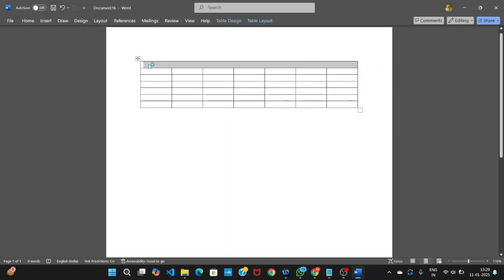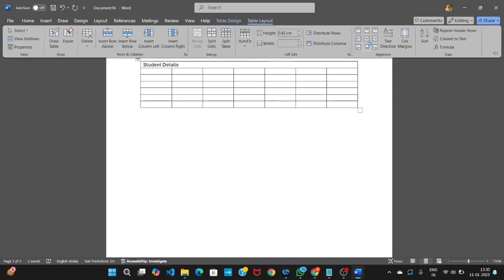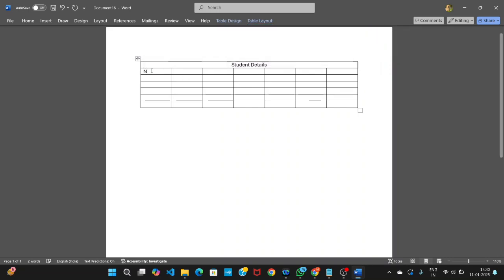So here I'll type student information or details, and after that click on Table Layout, and after that click Align Center. So here first we need a name,